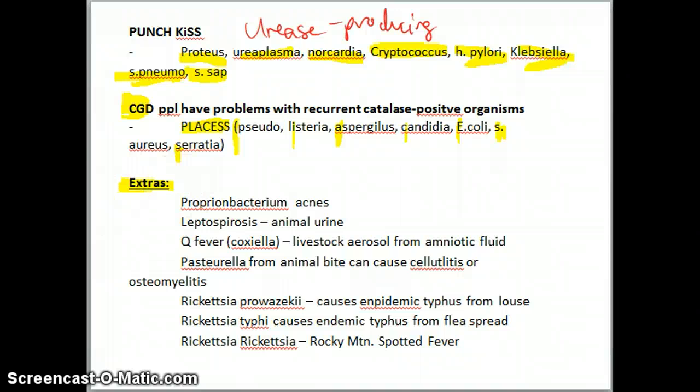Okay, so let's talk very briefly about Propionibacterium acnes. I don't think you'll get a question on that, but it's anaerobic. It's part of your normal skin flora. The worst it can do is cause a brain abscess. If you pop that zit and it's in that little triangle of danger right there, you know, around your philtrum, where your folds are, right inferior to your nose, then you know possibly that